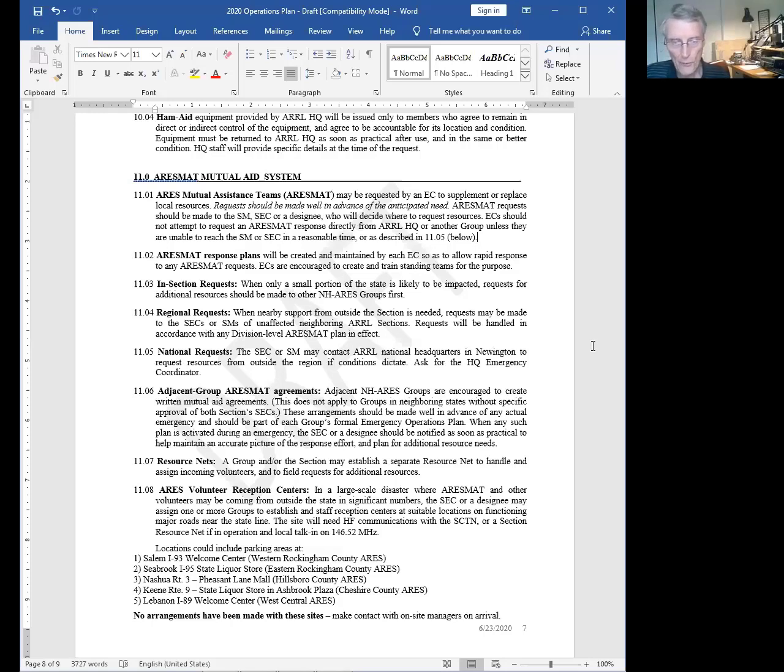When we call for out-of-state resources, it's going to take a day or two. You have to assume that. Even if you could get a bunch of guys out of Massachusetts, which is unlikely because anything that whomps us has probably already whomped them. Same with Connecticut, Rhode Island. Rhode Island would just vanish in terms of ARES capability. They're going to have to be pulling from New York, New Jersey, points further away. And they have to find the people, get them organized. Because I know that not everybody has ARES MAT set up.